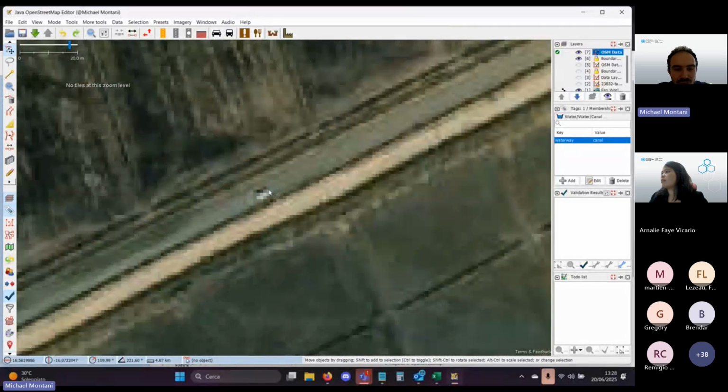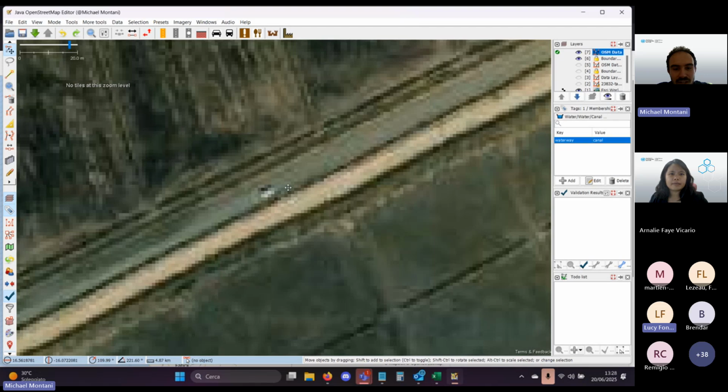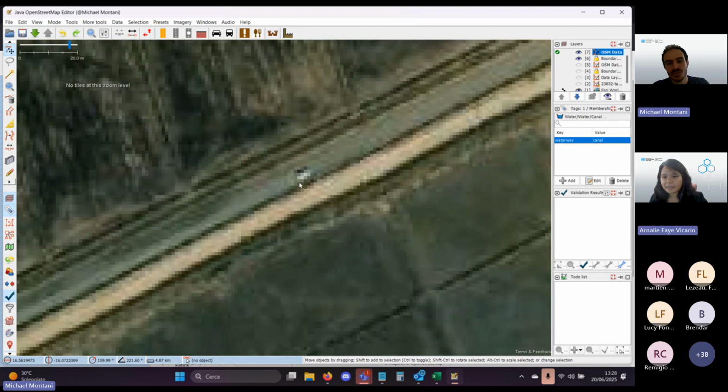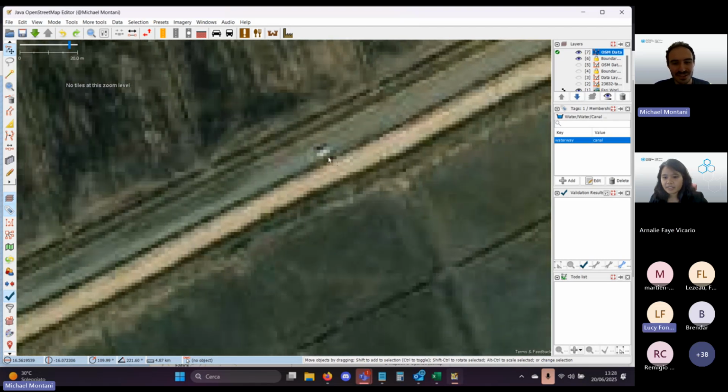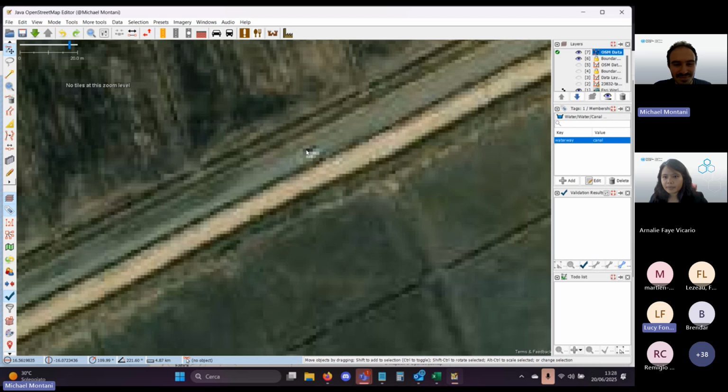And here you can see also a vehicle. Sorry, Arnali, if you can mute who has the microphone open. Thank you. And you can see there is also a vehicle here. So this is definitely a road. And here again it is passing on top of a canal. You have to pan the map a little bit to understand whether it's a road or not.